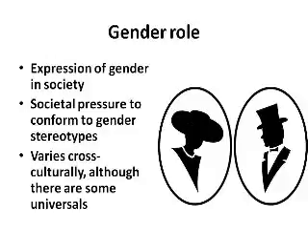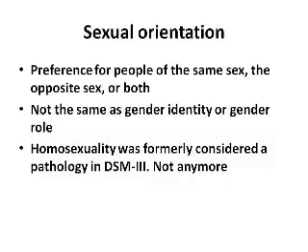Let's talk about sexual orientation. This is always an interesting topic, of course. Sexual orientation, we can define it as the preference for people of the same sex, the opposite sex, or both. So you can be homosexual, heterosexual, or bisexual. And as we talked about in a previous lecture, especially when we talked about developmental psychology, when people begin to experience their sexual preferences, there may be a time of sexual experimenting with different types of orientation.